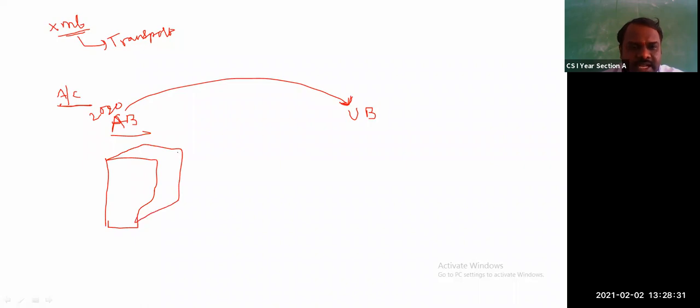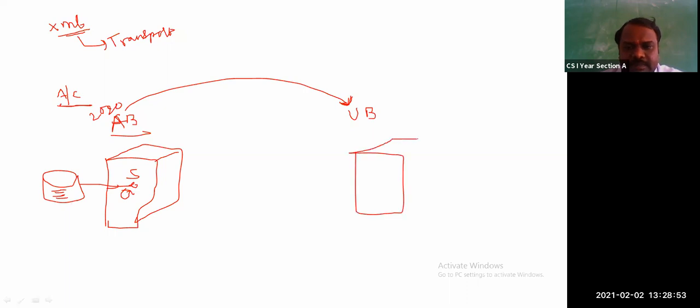It resides in the Andhra Bank database, and this database contains records, and all these records are present here. This is the server. The server will communicate with the end users, and the records are present here. Similarly, Union Bank also has a server, which is connected with some database.